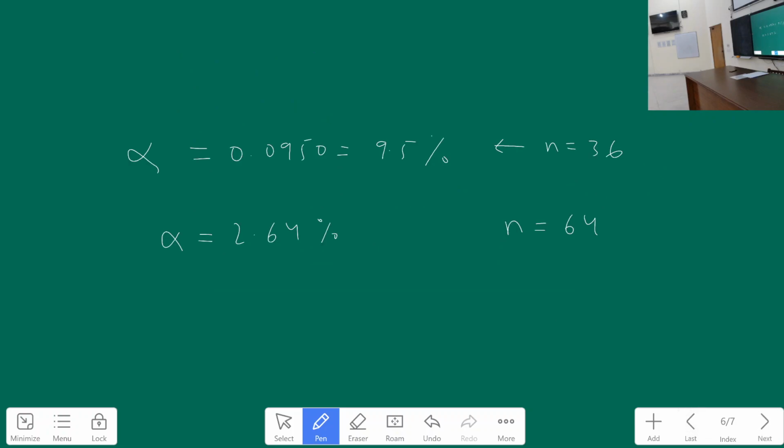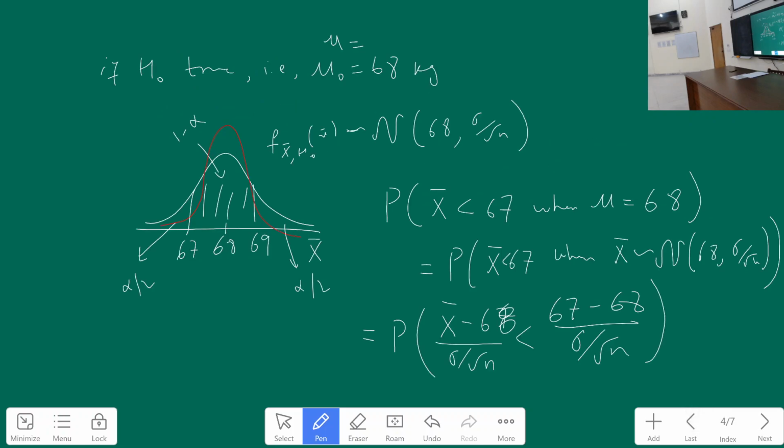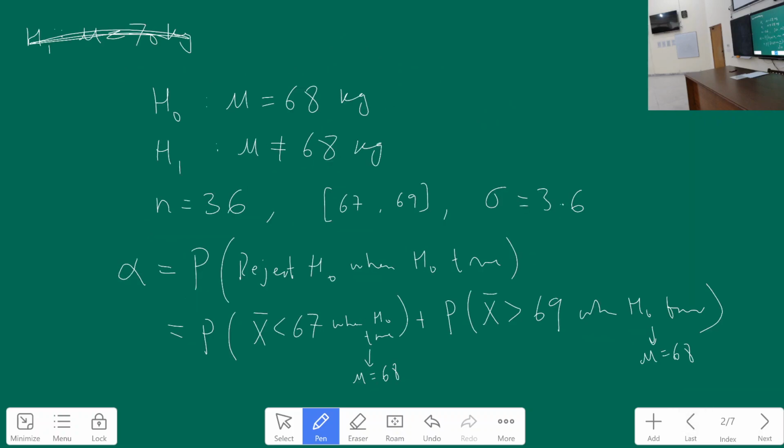पीछे कैलकुलेशन में हमने 68 क्यों यूज किया यहाँ पे? Because all these calculations were done saying when H0 is true. ये बड़ा अहम फर्क है. Okay, if H0 is true, you are talking about X bar being Gaussian distributed with mean 68. If H0 is true. Okay, if H0 is false, then you are talking about